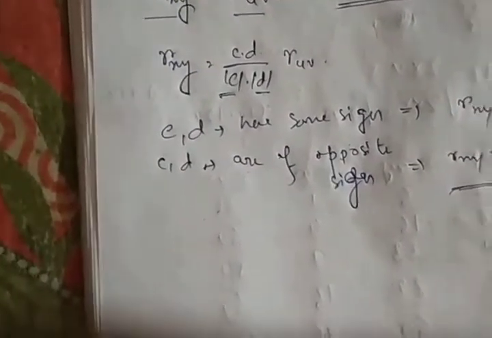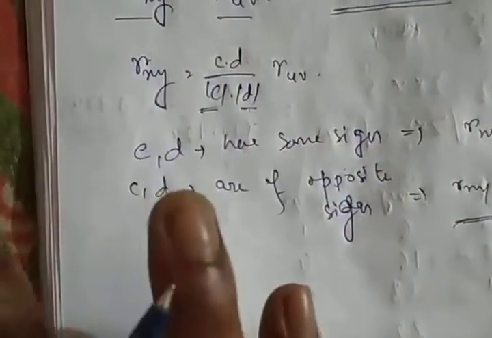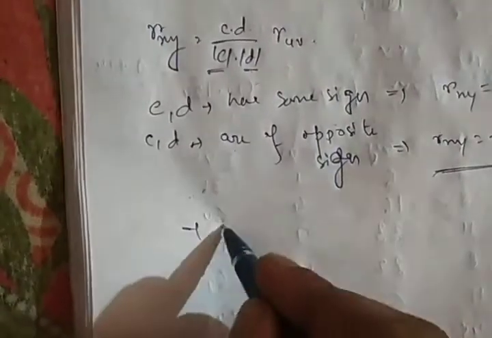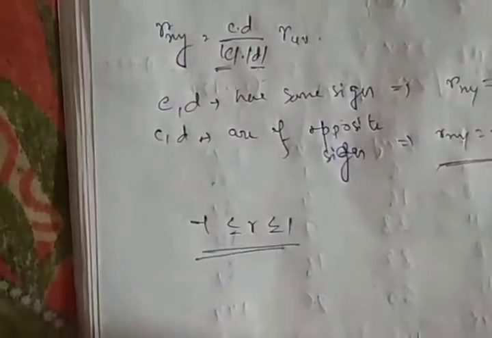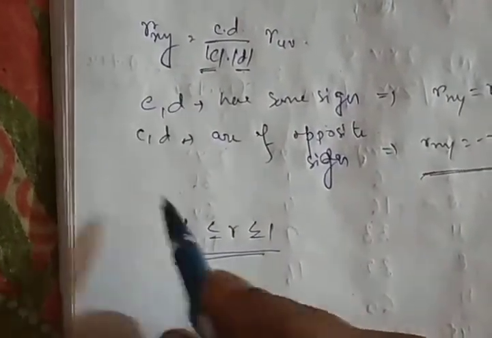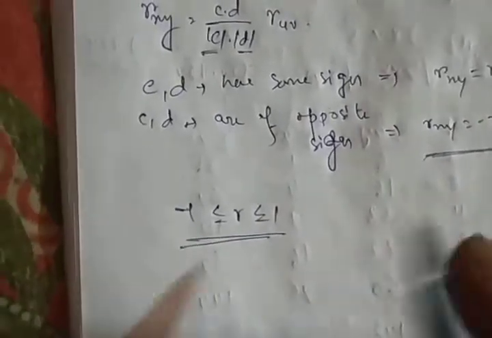The second property is that the correlation coefficient is a pure number. That is, it has no unit. It is a real value, with no unit such as centimeter. The next property is that r always belongs to the range -1 to 1. The value of r never exceeds -1 and 1. It always lies between these two numbers.